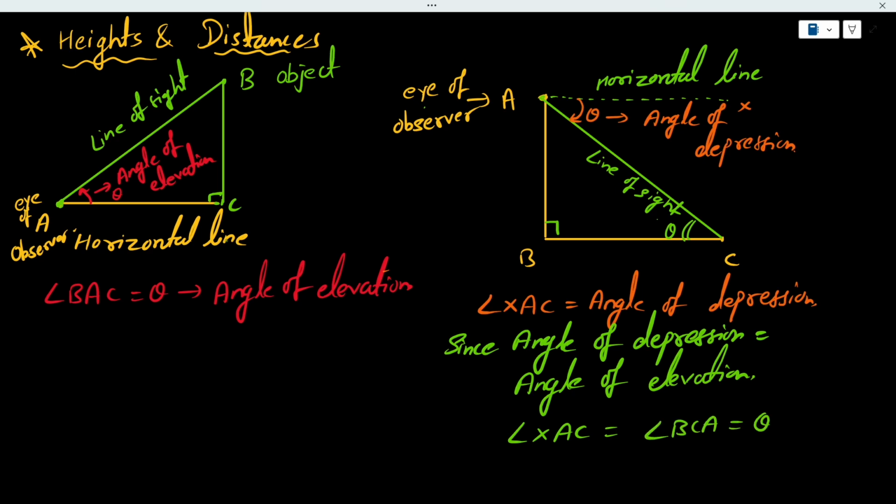So the most important part that you need to remember is that the angle is always between the line of sight and the horizontal line. Here this is the horizontal line, this is the line of sight, right? And whenever there is an angle of depression, remember it's always equal to the angle of elevation, because alternate interior angles are equal. Right, the angle of elevation is from ground level to the top,